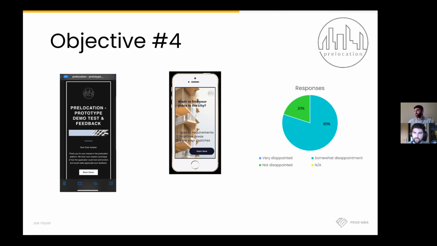In terms of responses, the first question is just a simple one, just to ask how disappointed they would be if the product was no longer on the market. And 4 out of 5 said that they would be somewhat disappointed, and 1 said not disappointed. So I think overall it's a good score, but I think it's really